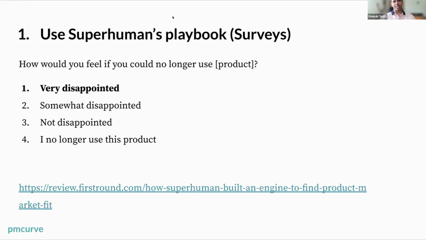And that is where most startups struggle, because they try to use Superhuman's playbook. They don't succeed, and they are bewildered: what happened? Why are we not able to do it? Rahul Vora did it. But there is a difference between the ARPU that people pay you versus Rahul Vora. You don't charge anything, so people don't care. Superhuman charges $30 a month, so people care.